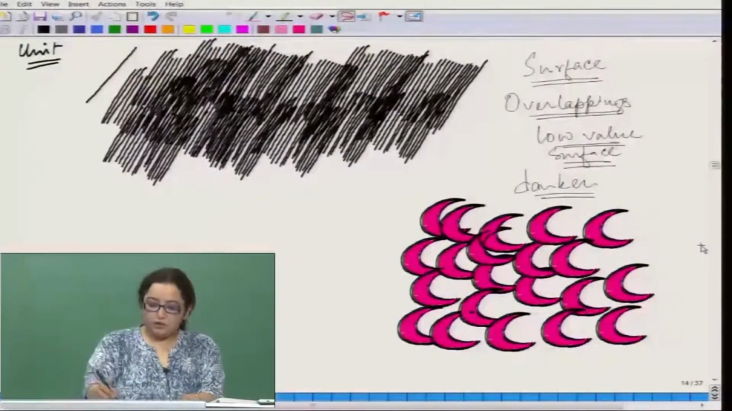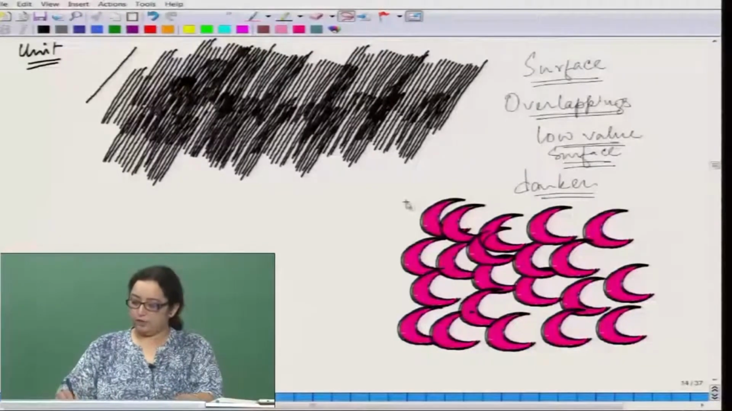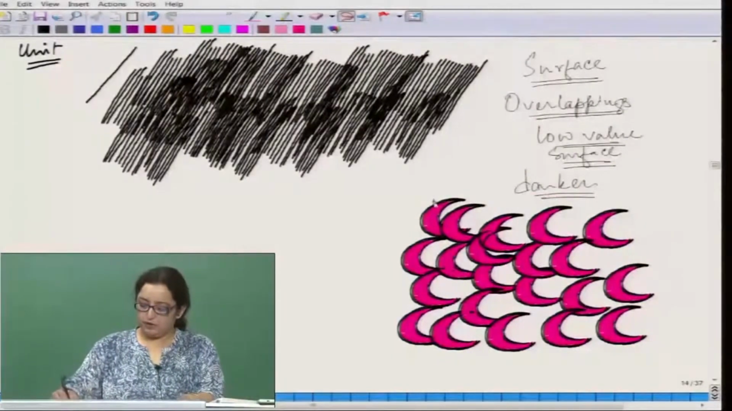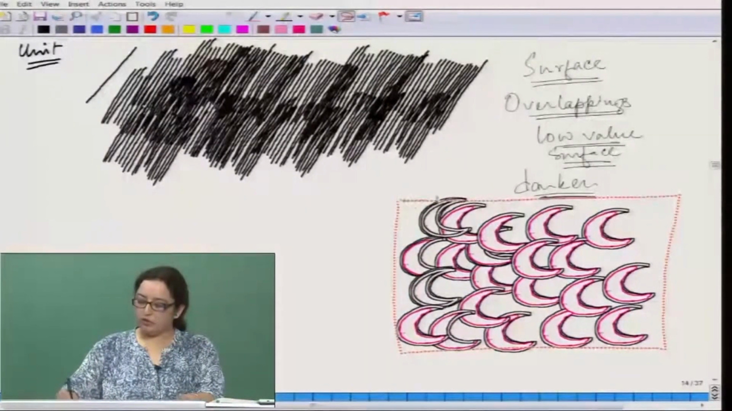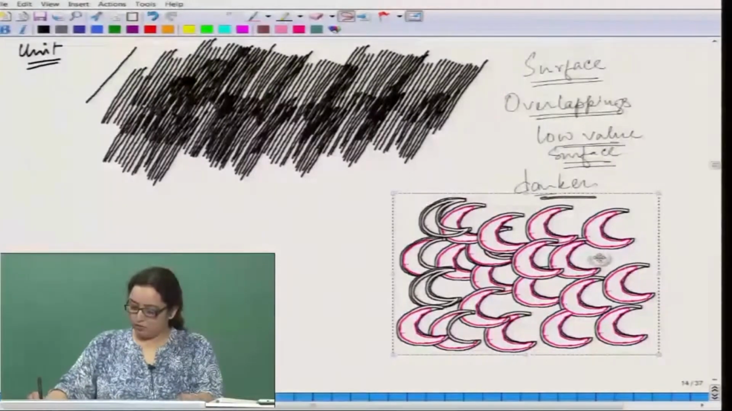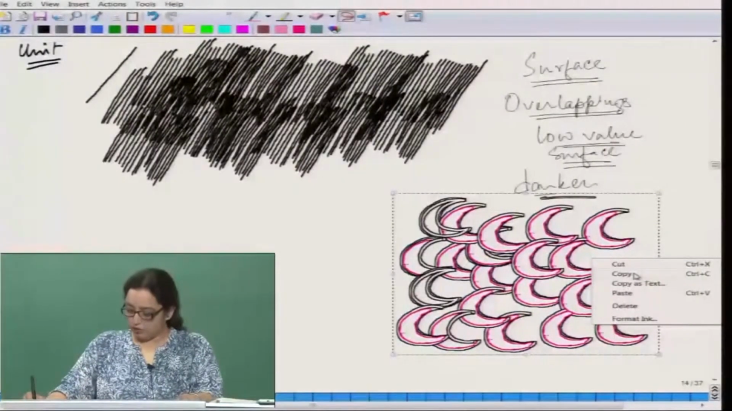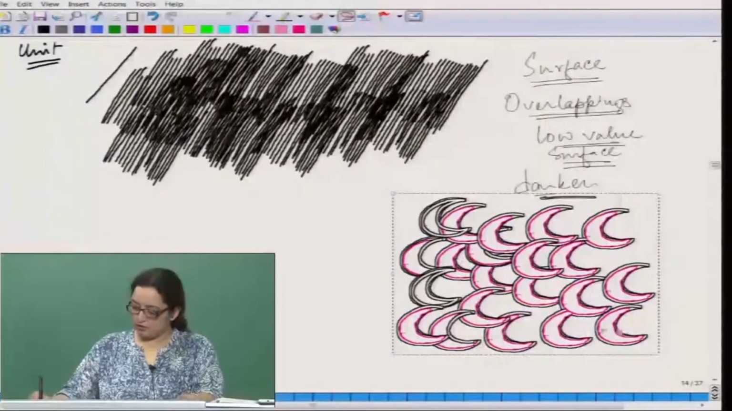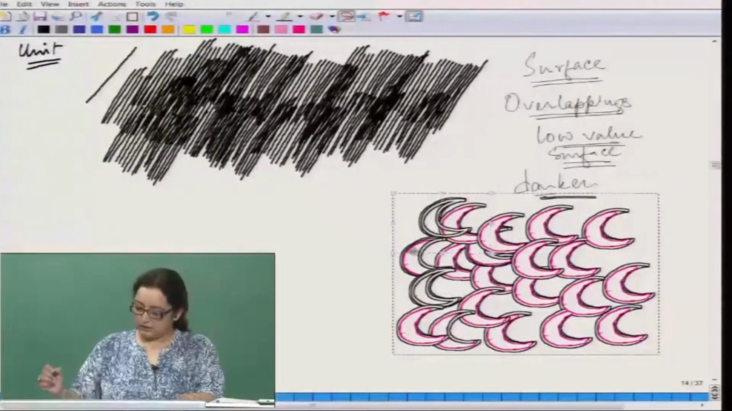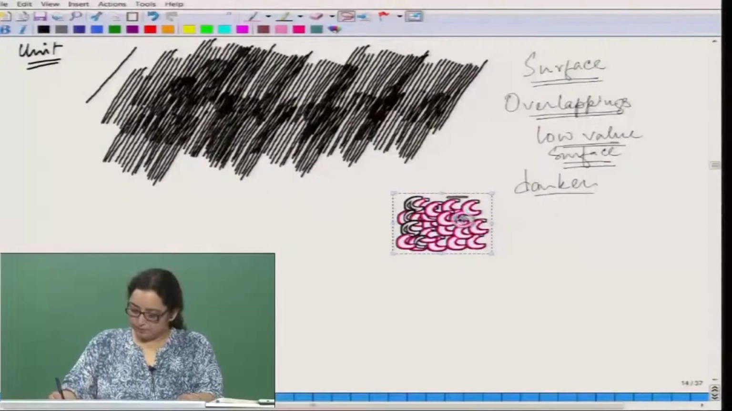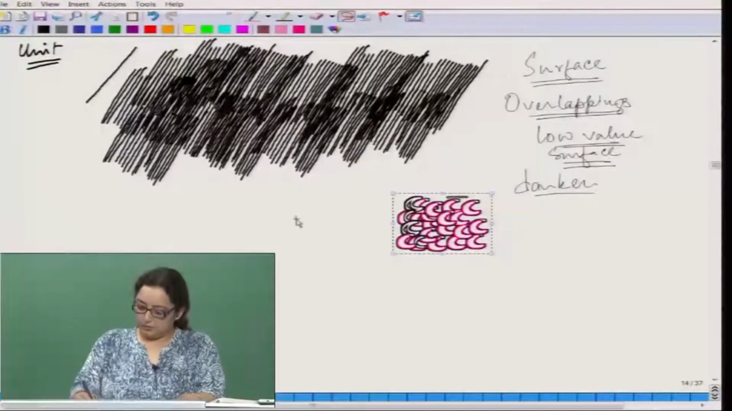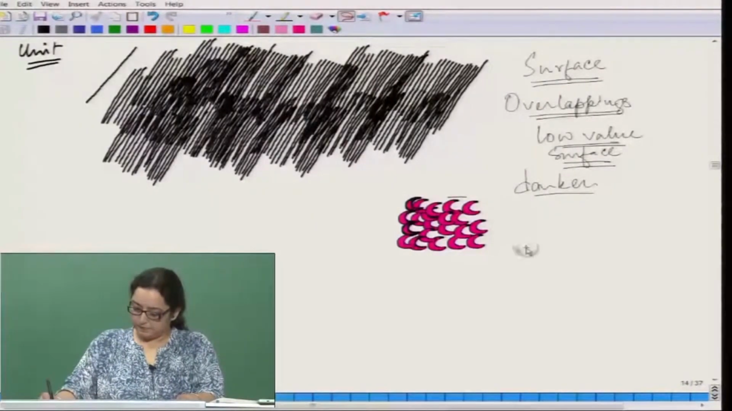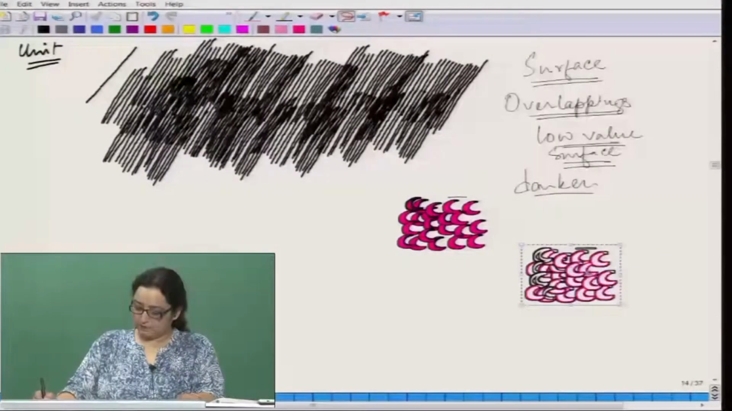So, this particular shape when repeated is giving us a pattern. We can again group them up, put it as one unit, reduce the size, make it very, very small, copy it, paste it, put them together,